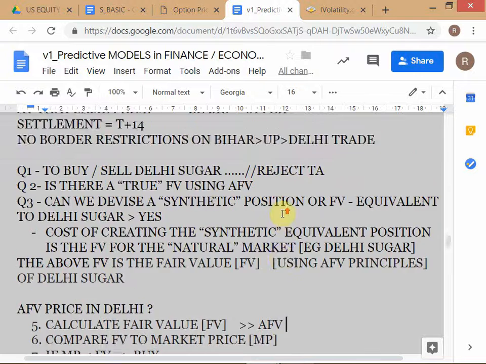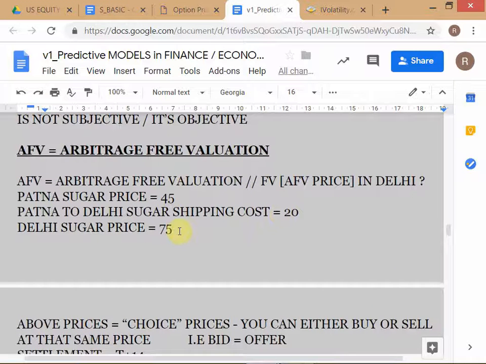Okay. So this answer which Bhola gave very quickly yesterday, that he is going to sell the Delhi sugar, what we have gone through right now is actually the thinking process that must have gone through his head to arrive at that answer. Are you following now? Okay, because obviously as human beings we are able to think very quickly, and sometimes we don't think about all the logical steps that are involved in coming to that decision. Is this clear? Now this is how you would program it into a computer. If you had to program the logic into a computer, you would program it in this way. All the steps would be given because the computer doesn't know anything. Is this clear? Okay, now you've understood AFP principles.